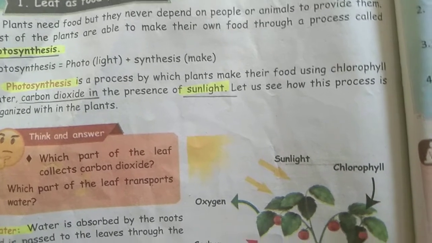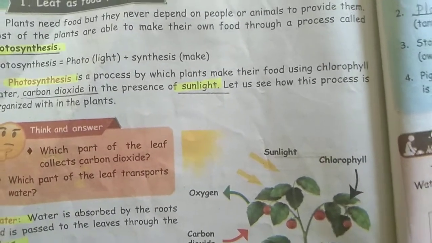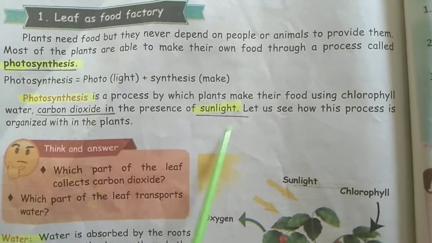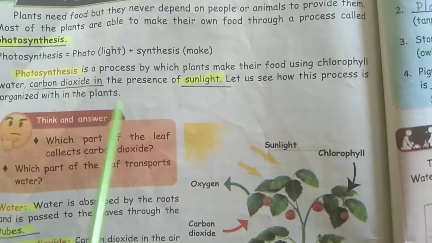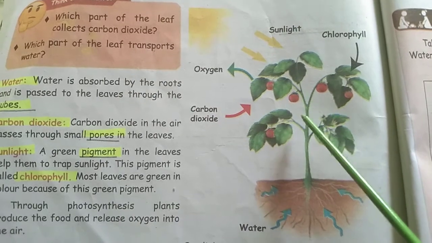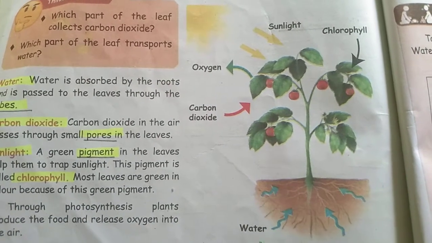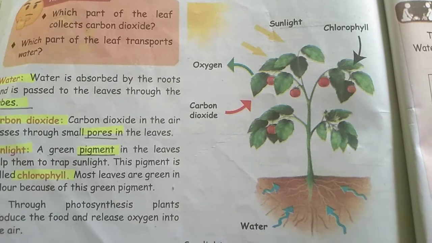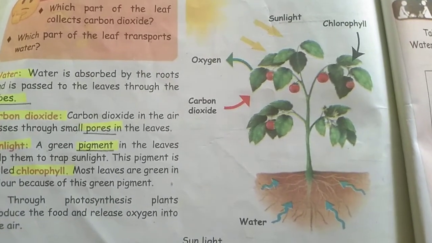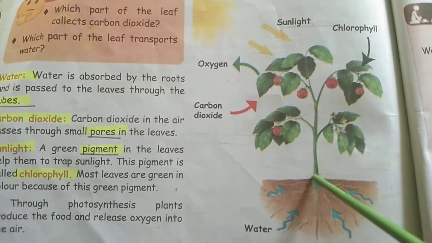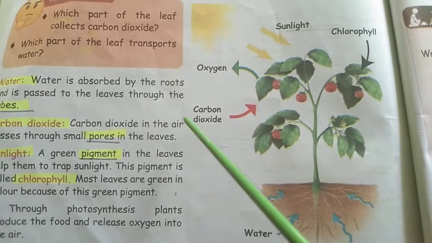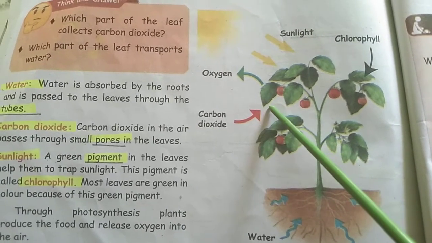They do it using water and carbon dioxide in the presence of sunlight. Let us see how the process is organized in the plants. First, the plant is here. It's a tomato plant. The plant gets water through the roots, absorbs the sunlight and also takes in carbon dioxide and